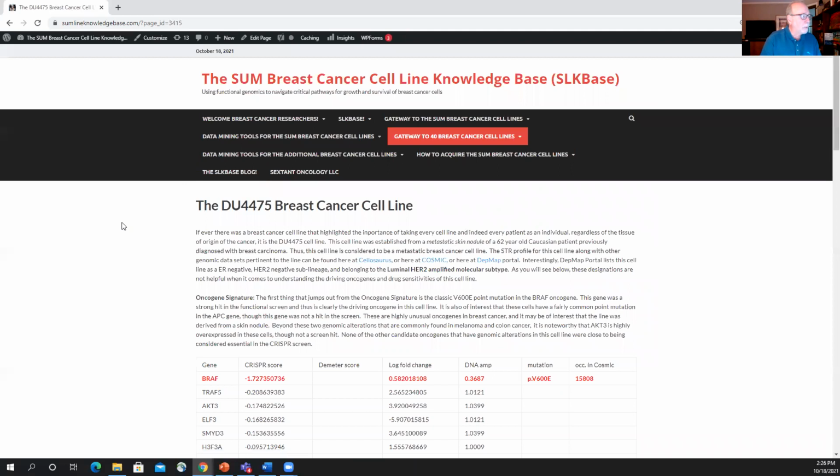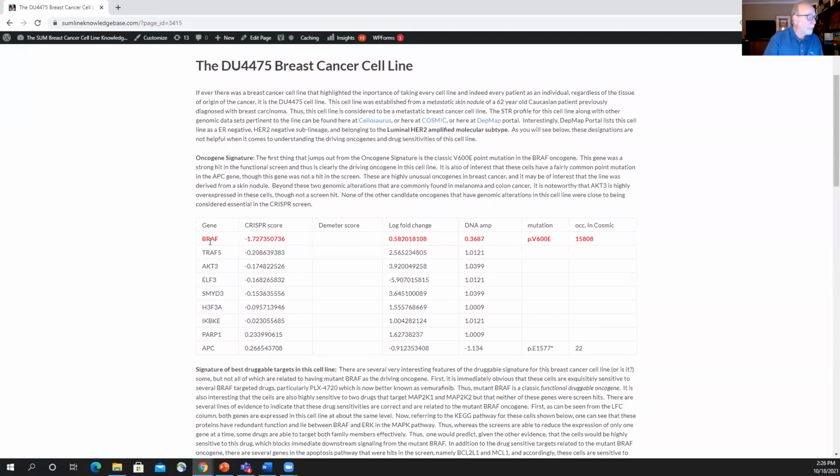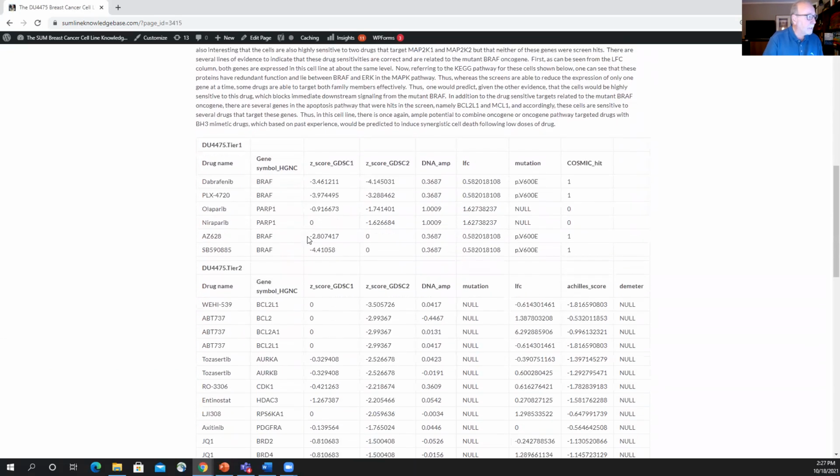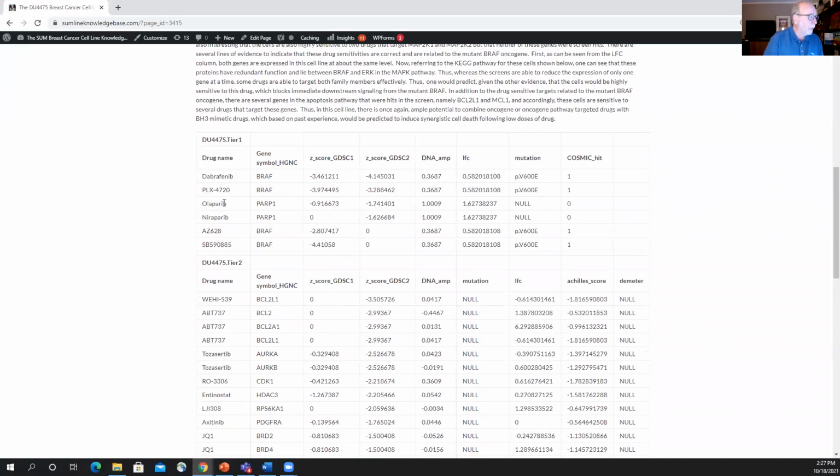So DU4475 is a cell line that actually has a BRAF mutation. This is a breast cancer cell line. So we think that has a classic V600E point mutation. It has a really strong CRISPR score, so the gene is essential in these cells. So this is a bona fide oncogene that has a mutation and is highly essential. And not surprisingly, if you look at the tier 1 drugs, all of these